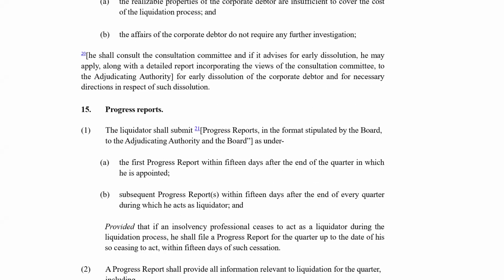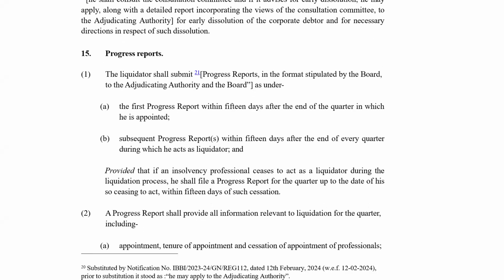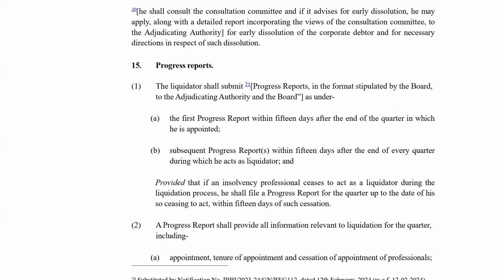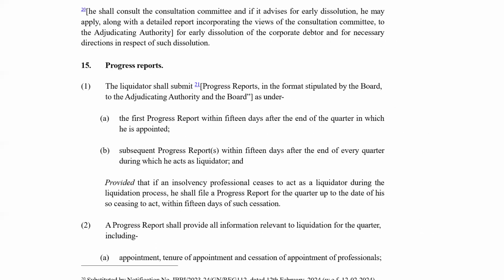फिर प्रोग्रेस रिपोर्ट्स है बेसिकली क्वार्टरली, और क्वार्टरली है within 15 days after the end of the quarter in which he is appointed। बाकी इसमें एग्जांपल भी दे रखा है, एग्जांपल से आप समझ सकते हैं, इसमें कोई खास बात नहीं है। फर्स्ट प्रोग्रेस रिपोर्ट within 15 days after the end of the quarter, और अगर मान लीजिए बीच में ही छुट्टी हो गई इसकी, तो जिस डेट को when he demitted the office, when he vacated the office, उसके 15 days। ठीक है।